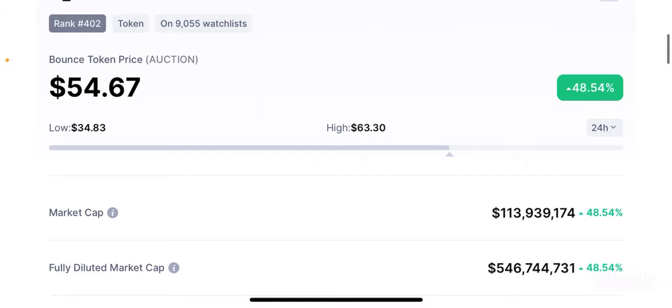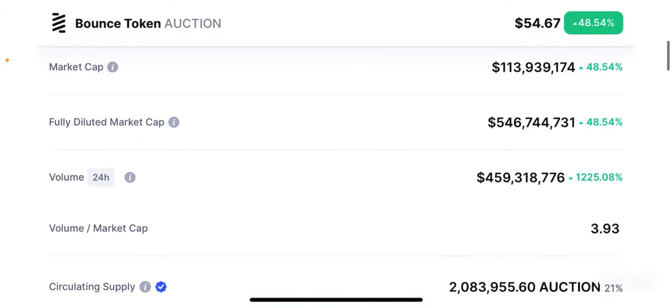But if we see the market cap for a project that aims to do so much, the market cap is only $113 or now $114 million. But this is also because of the fact that this token is increasing in price. So the market cap will continue to shrink and be somewhere around $105 to $110 million. If you're lucky, we can even get it as low as $95 million in market cap, which will mean that the token would be a good buy opportunity, right? So the market cap is quite low, which means there's a lot of upside potential in the long run, right?